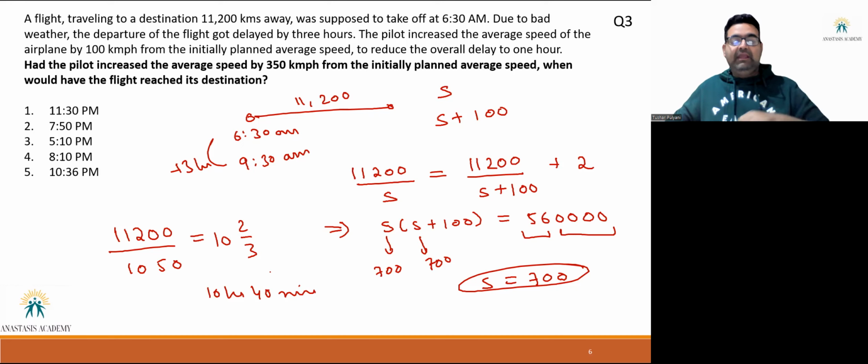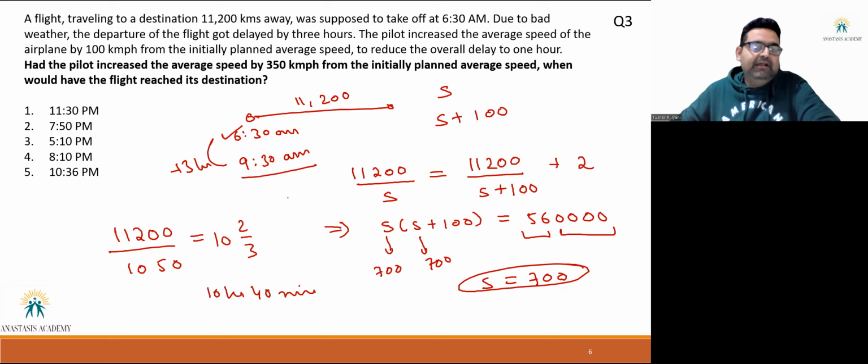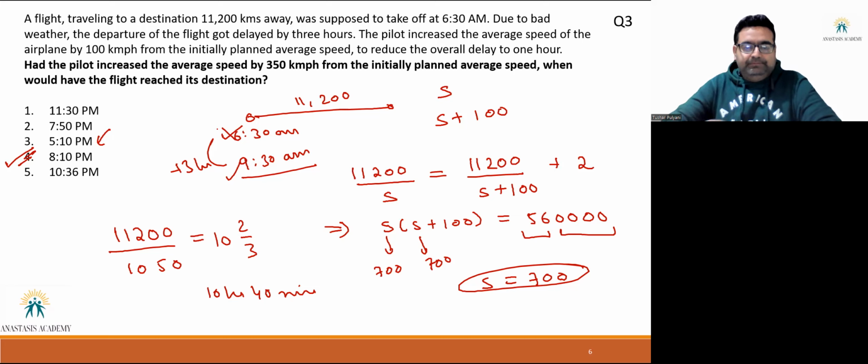But here you have to be careful. You don't have to add it at 6:30 a.m. You have to add it to 9:30 a.m. because there was a weather delay. So at 9:30 a.m. you add first 10 hours, that becomes 7:30 p.m., and then another 40 minutes, that will become 8:10 p.m. If somebody had used 6:30 a.m., which was wrong, you would have arrived at the third option, which was before 8:10 p.m. Again, the answer is option 4. For the first three questions, all of them gave us the answer option 4.